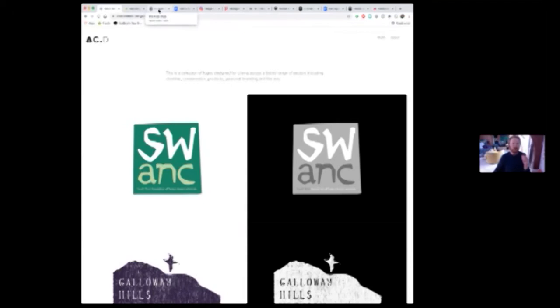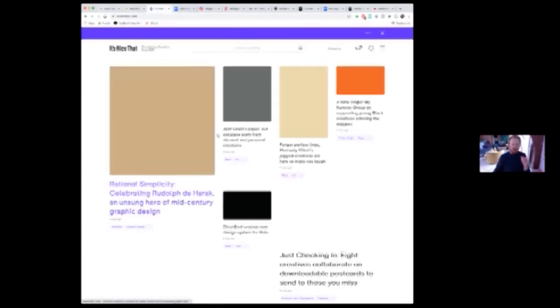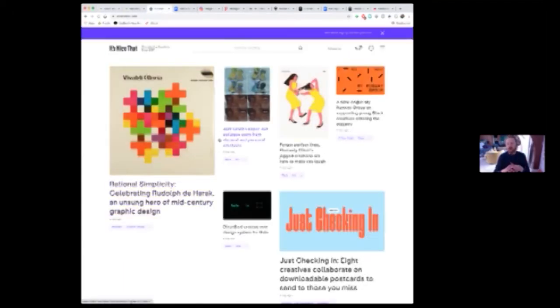That was quite a traditional kind of image. So when I was doing my research, I went to books and I went to old screen prints, something a bit more traditional. Whereas if I'm researching something a bit more contemporary, a bit more modern, then going to websites like It's Nice That, which is a great